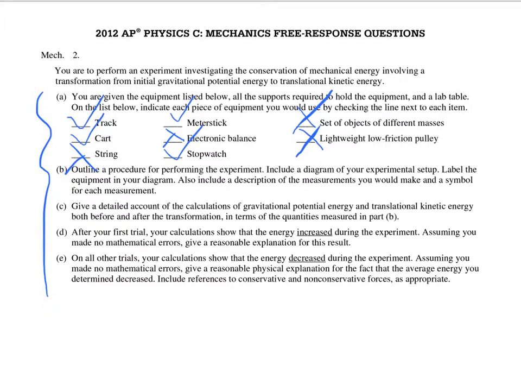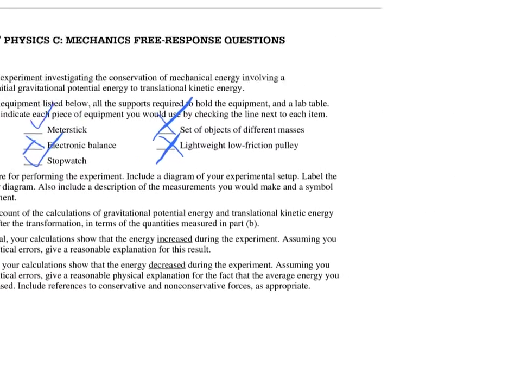Okay, so for part B, outline a procedure for performing the experiment. Include a diagram of your experimental setup. Label the equipment in your diagram. Also include a description of the measurements you would make and the symbol for each measurement. Okay, so our lab setup would look like